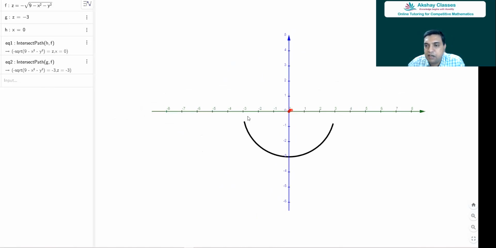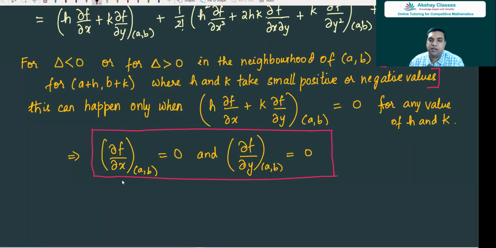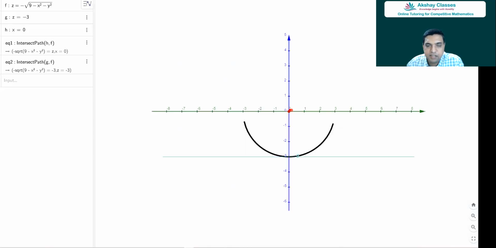And now in the y direction, the derivative, so dou f by dou y is 0. So if I show this, this is 0. So along both the lines, intersection 1 and intersection 2,